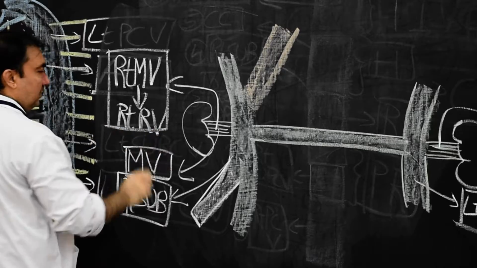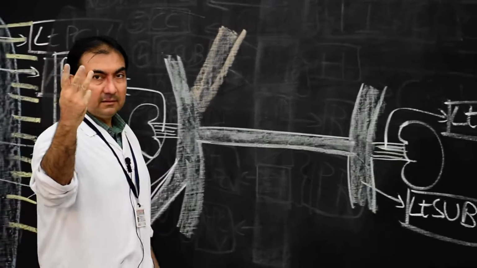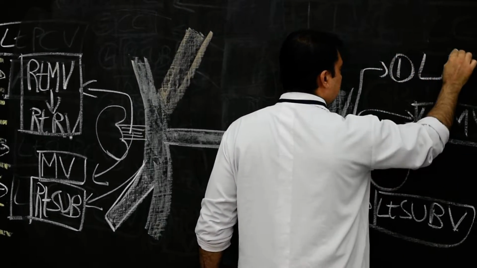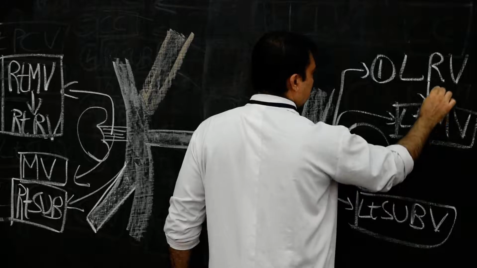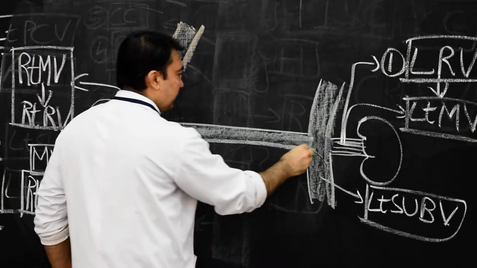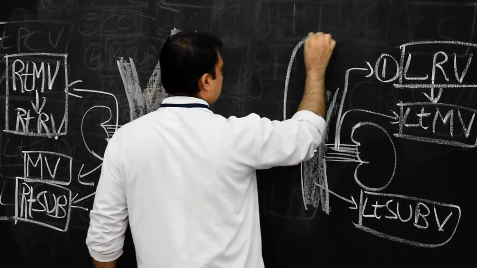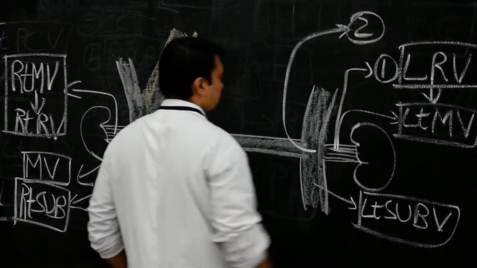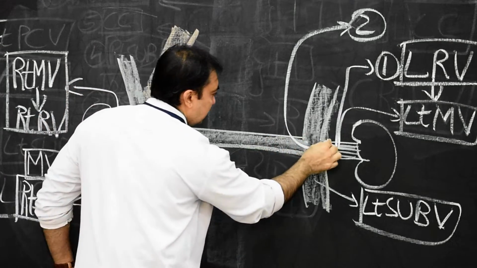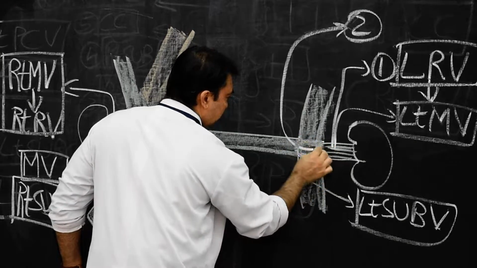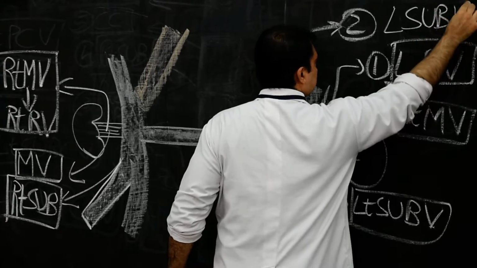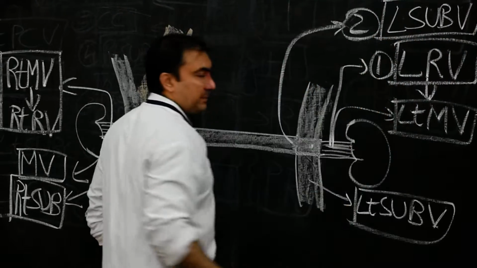This is very important. What about the left renal vein? 3 points. First point of the left renal vein, where is it developing from? The left mesonephric vein. Second point of the left renal vein, see how important it is, this segment, is developing from a small portion of the left subcardinal vein, only this portion, only this small segment. So a small portion of the left subcardinal vein will lead to development of the left renal vein.